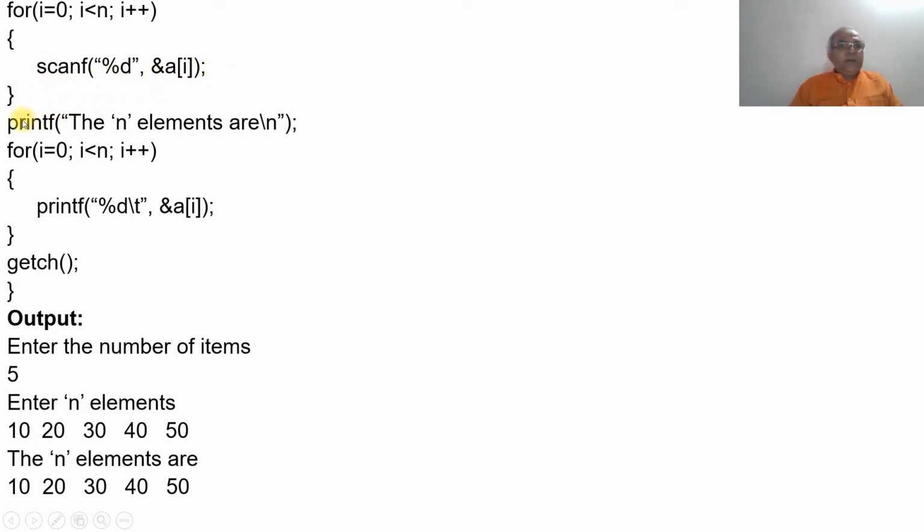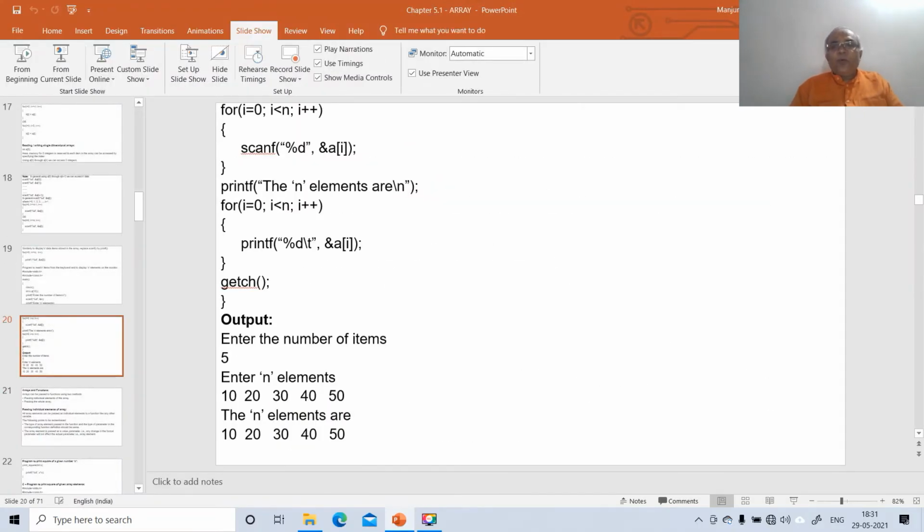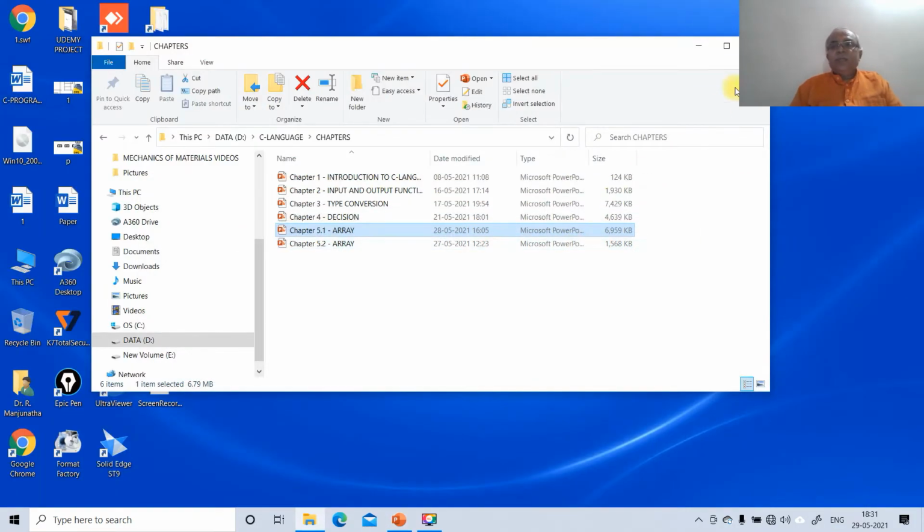Then printf the n elements: printf("%d\t", A[i]). Here the ampersand will not be there, just a comma and A[i]. Then getch and write the output. So this is how we can not only read the data but also print the data.